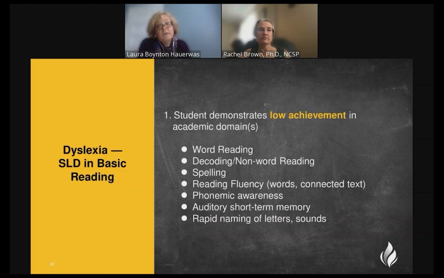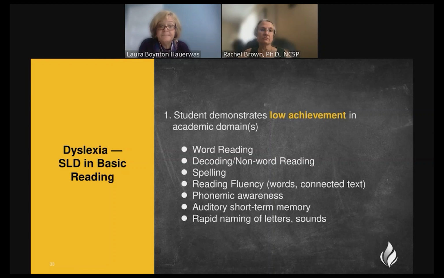So when looking over a series of assessments and records and information that we have gathered through our comprehensive assessment system, these are the kinds of things that we would see in a child with dyslexia. They would have some, maybe not all of these, but many of them. Low achievement in word reading, low achievement in decoding and or reading of non-words,